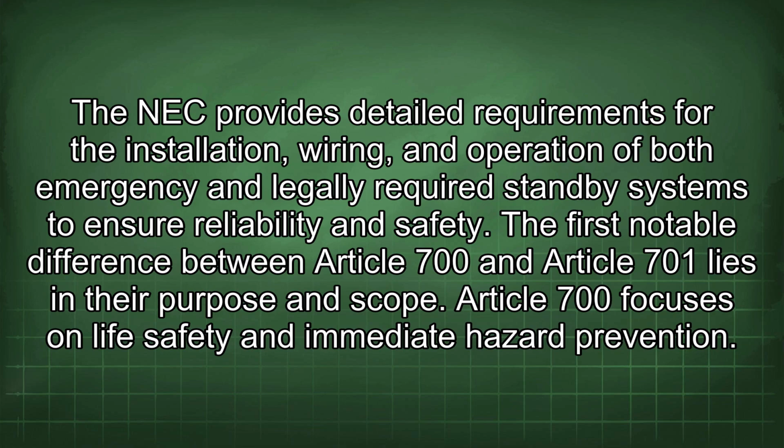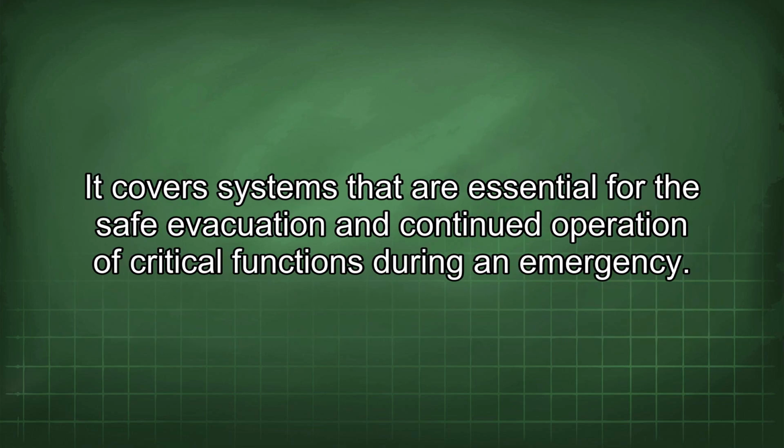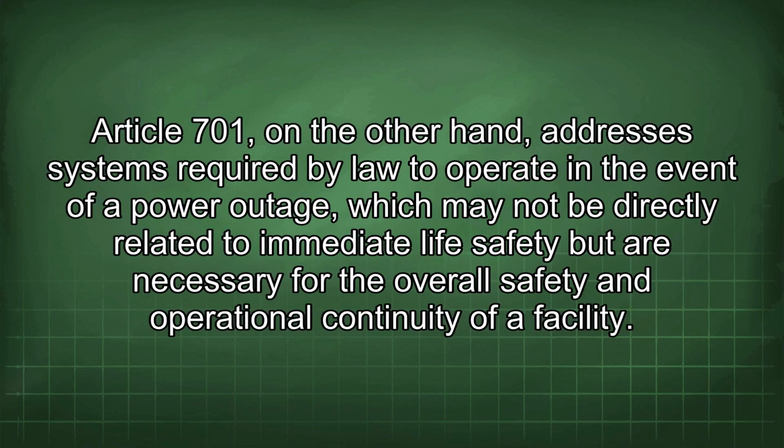ensure reliability and safety. The first notable difference between Article 700 and Article 701 lies in their purpose and scope. Article 700 focuses on life safety and immediate hazard prevention. It covers systems that are essential for the safe evacuation and continued operation of critical functions during an emergency. Article 701, on the other hand, addresses systems required by law to operate in the event of a power outage, which may not be directly related to immediate life safety but are necessary for the overall safety and operational continuity